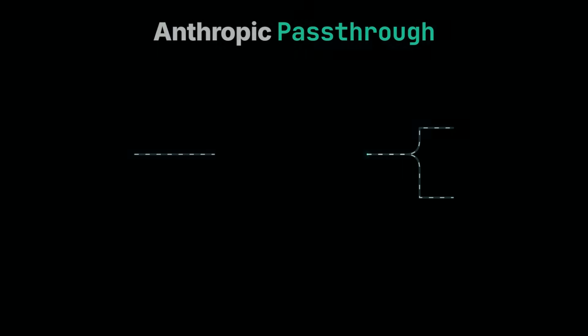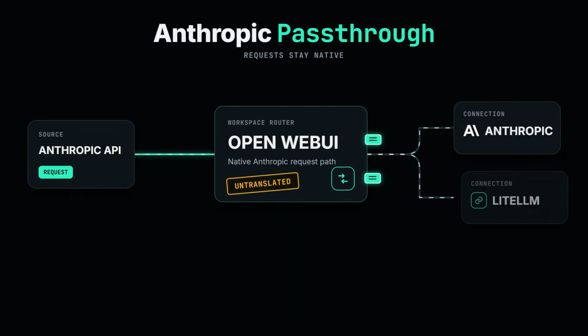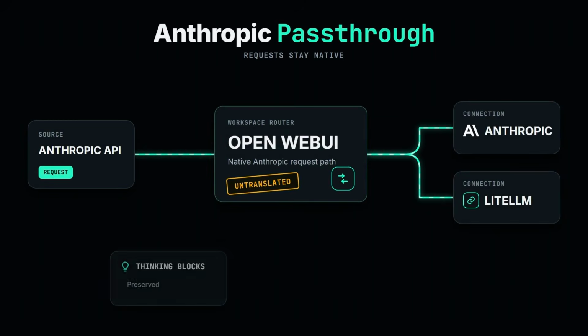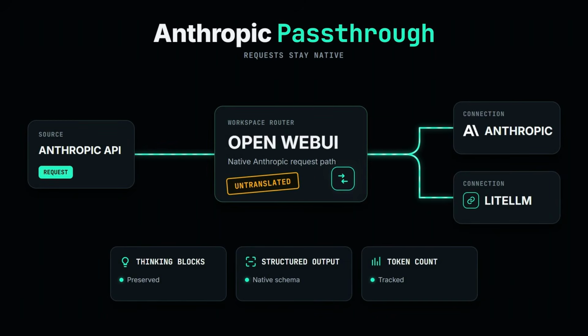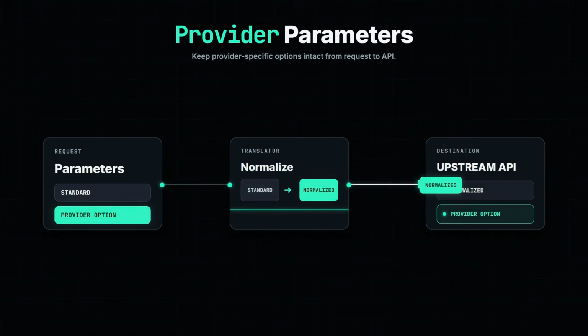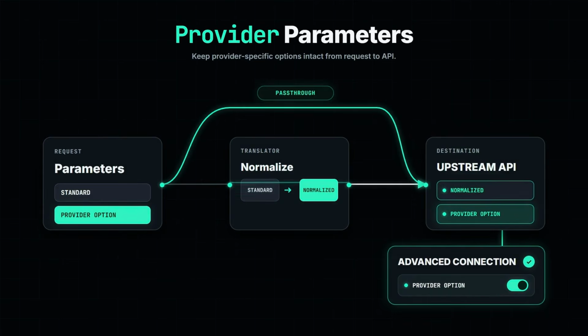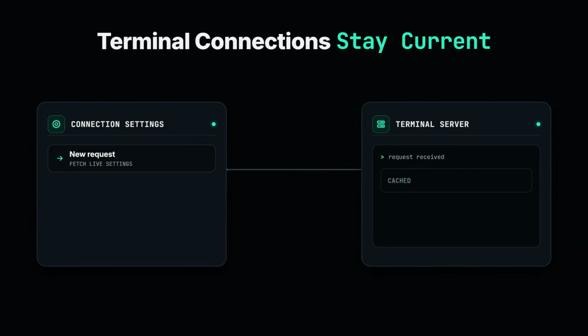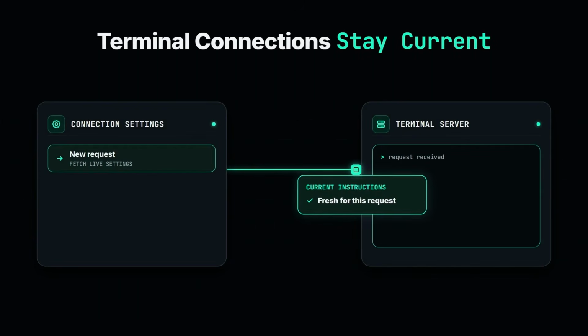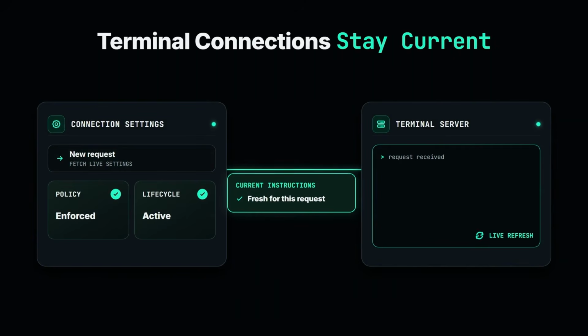Anthropic-compatible requests aimed at Anthropic or LiteLLM connections can pass through untouched, with thinking blocks, structured outputs, and token counting supported. Administrators can list connection parameters that should remain untranslated, allowing provider-specific options to reach upstream APIs intact. Terminal instructions are fetched for every request, while administrators can inspect a server's current policy and lifecycle settings directly from